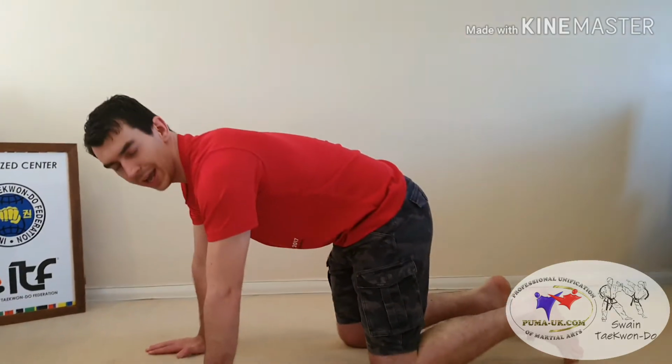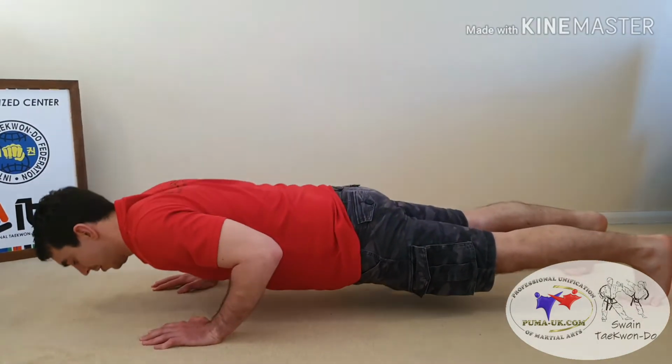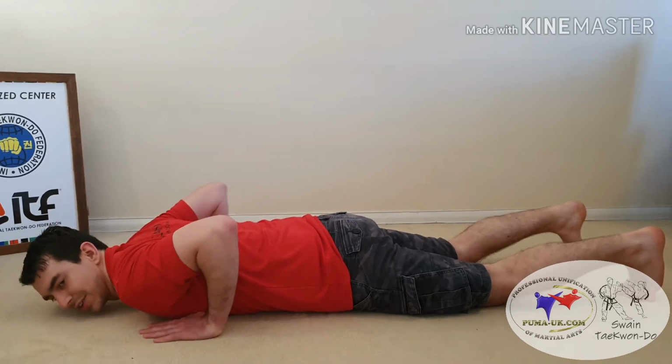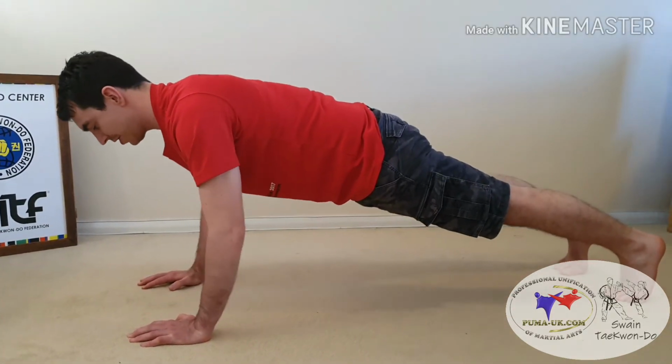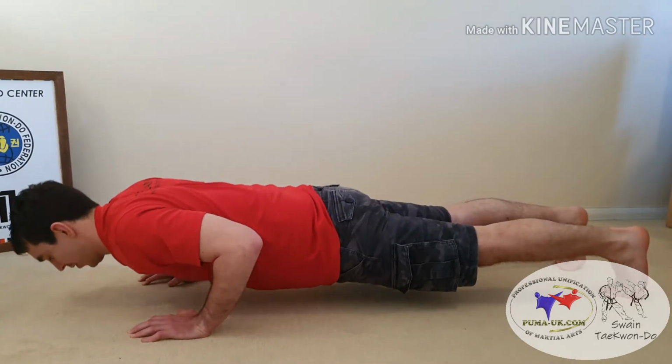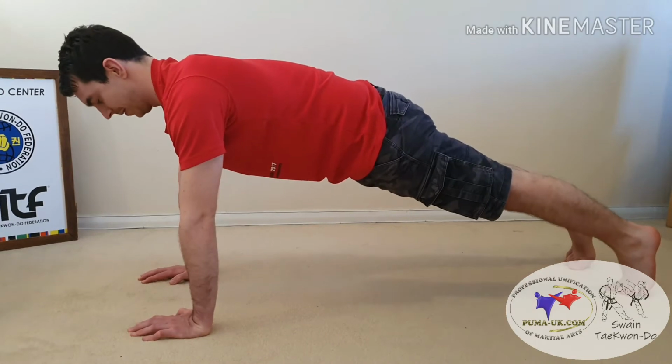Okay, from there you want to start building that full range of motion in the elbows and shoulders. But a way you can do that without taking that full jump to a full press up is just working the negatives phase of the movement. So get into your press up position and then just control yourself down to the floor and relax. Reset yourself, keeping that body nice and straight line, lower yourself to the floor and relax. Reset